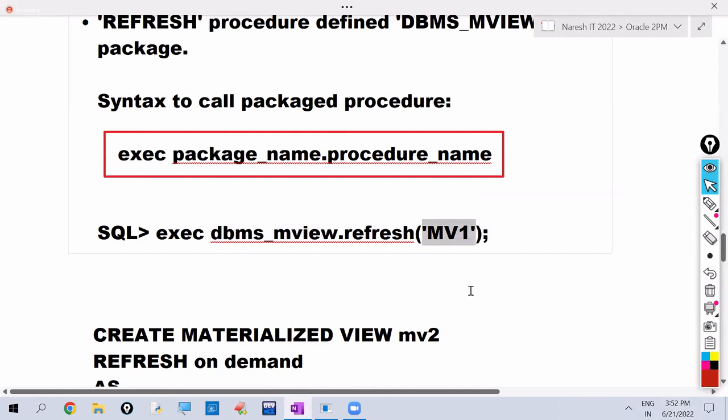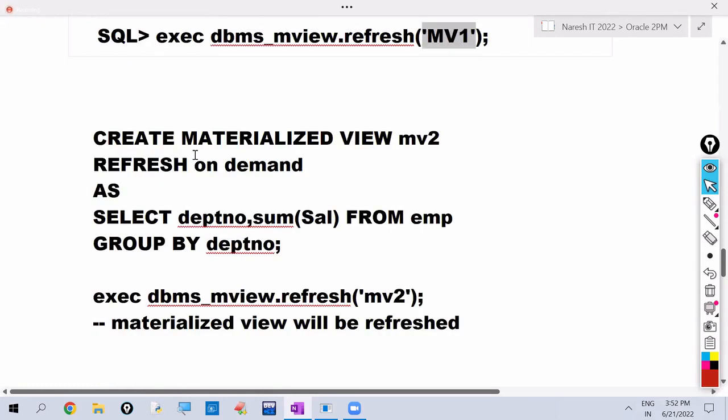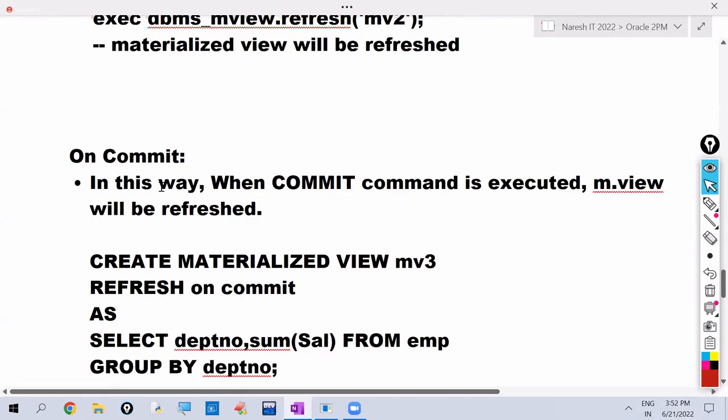Next, the second way is the on commit way. In the on commit way, what are we doing? Okay, here